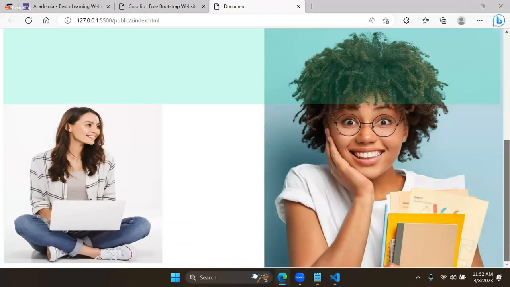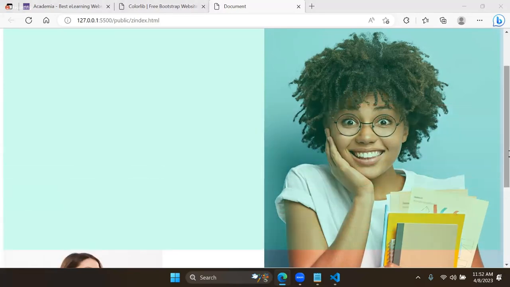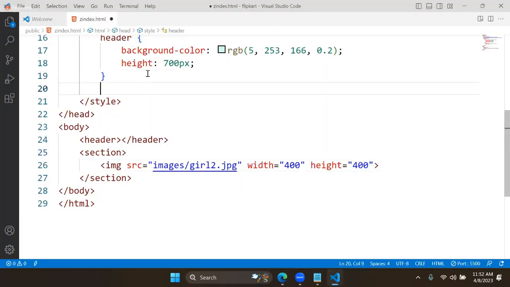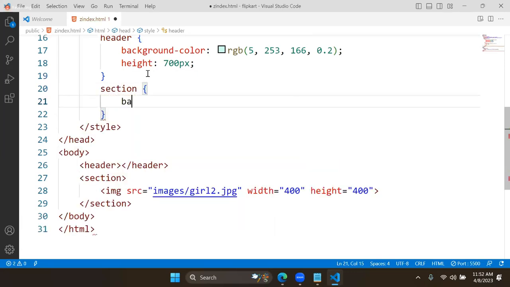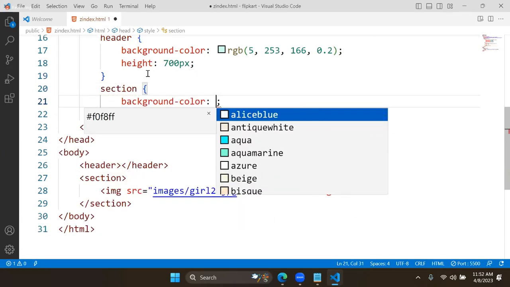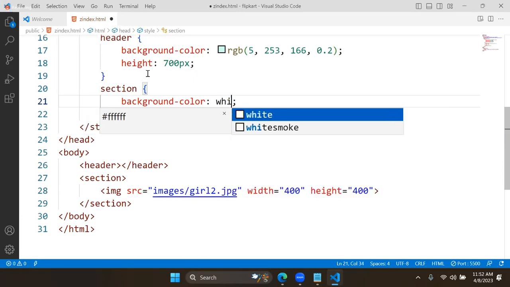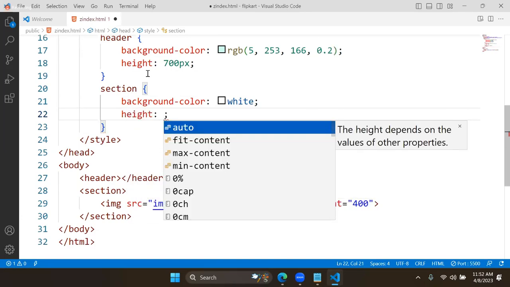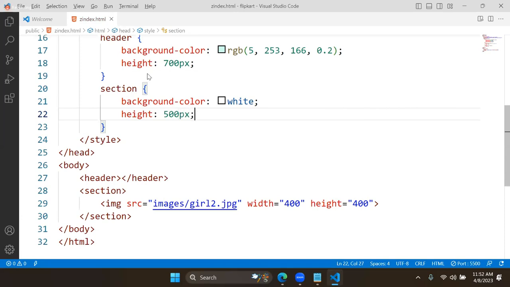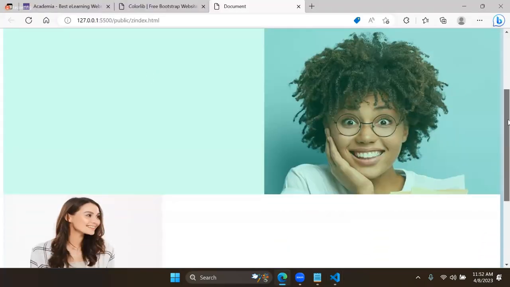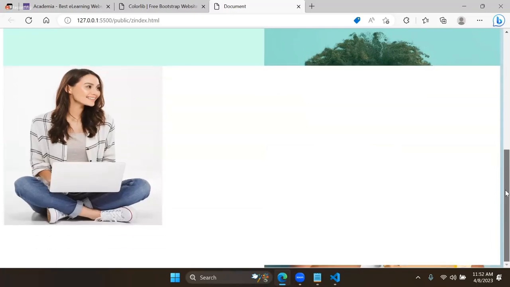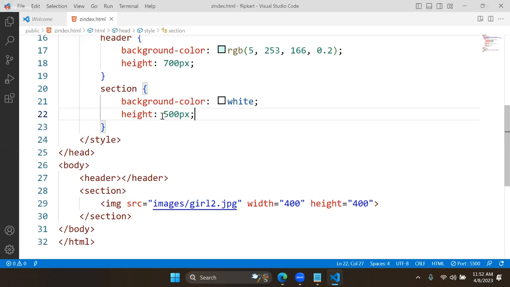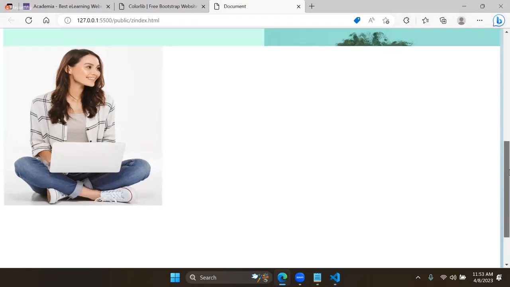We have the image below. Now actually this section, wherever we have the section, for the section we kept some background color as some white. And the section has height. Section height I gave as some 500 pixel. Now you can see when I scroll this, it will come to top. That depends on how much you give. Suppose I give 700 pixel. Then you